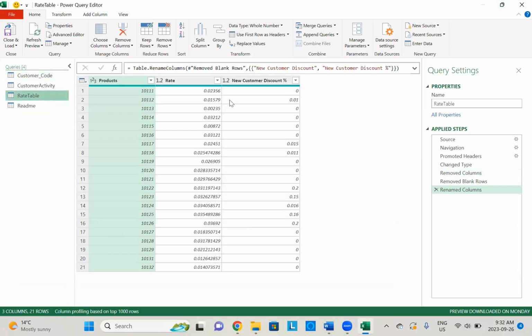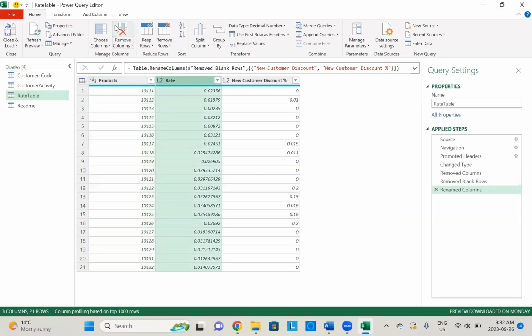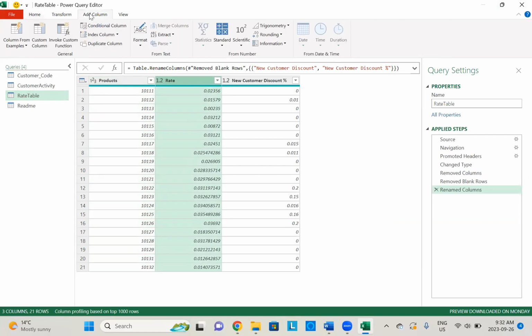From where we can get the discount? This is the discount. This is the rate, this is the discount. So we need to calculate the discount value in numbers. Like this is 100 rupees, so discount 10%, or discount will be 10 rupees. So we need to calculate 10. So what we'll do, we'll go click on anywhere, go to add column,